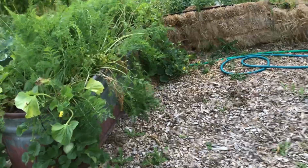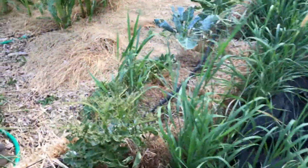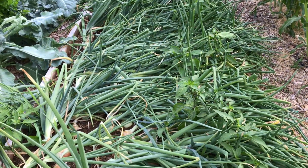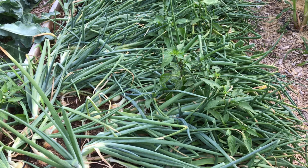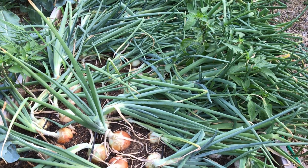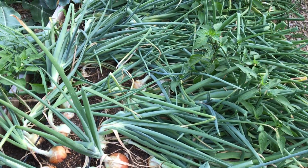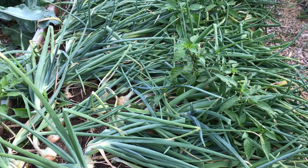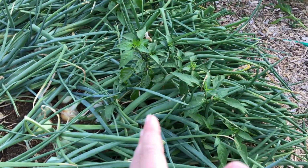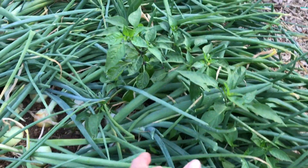Okay, back over here to the east side of the garden. Potatoes. Okay. This was an experiment that kind of was good and bad. You can maybe see, this is an onion bed. It's a 4x8 bed. It's totally packed full of onions. And they said you could put your peppers in with your onions. Well, the onion stalks, they grew up straight first, and then now they're laying over. So some of the pepper plants are like totally covered, but they're still